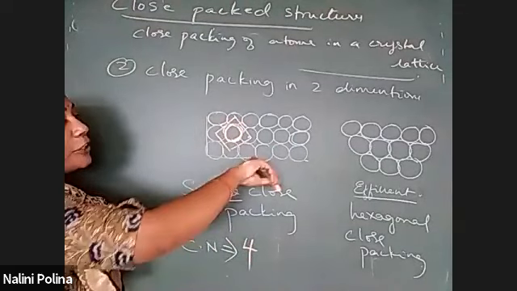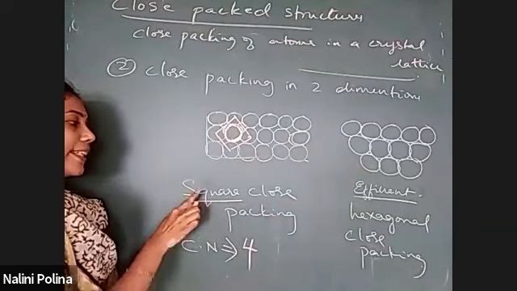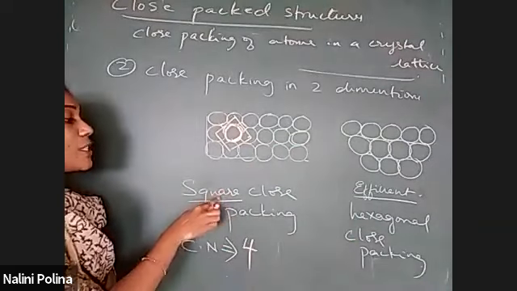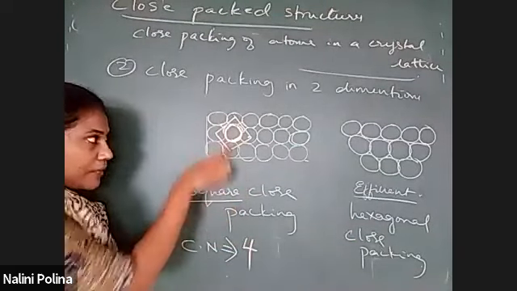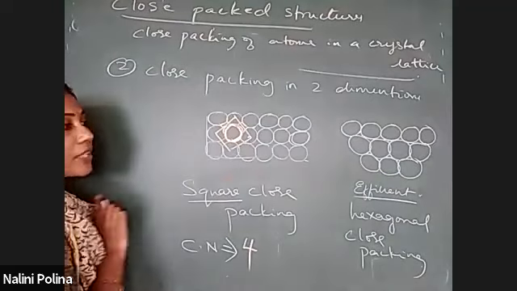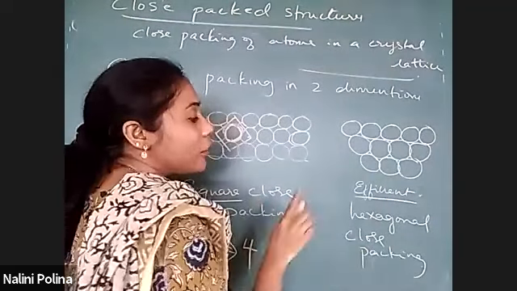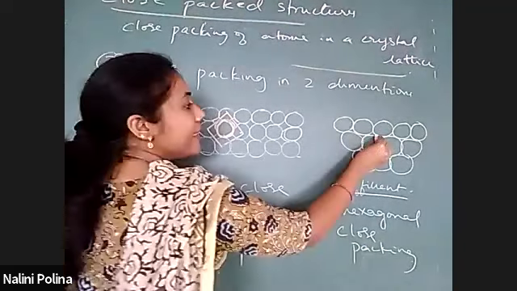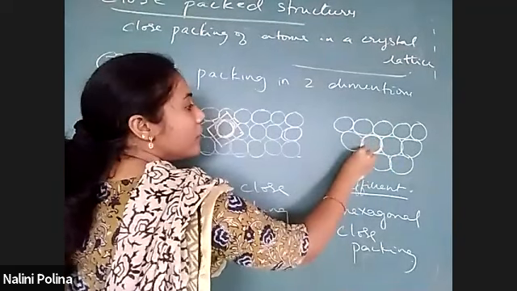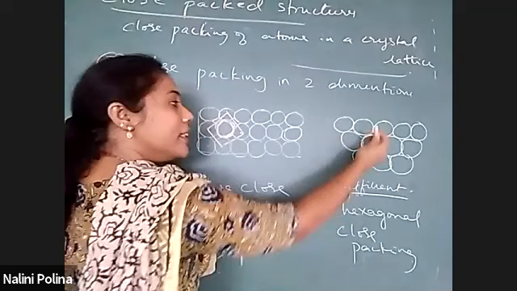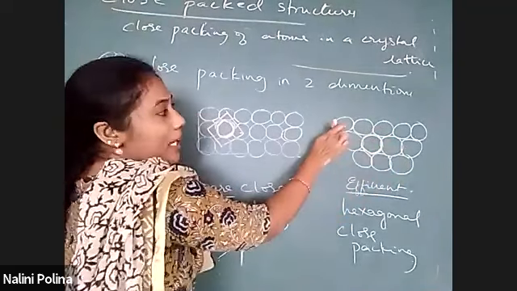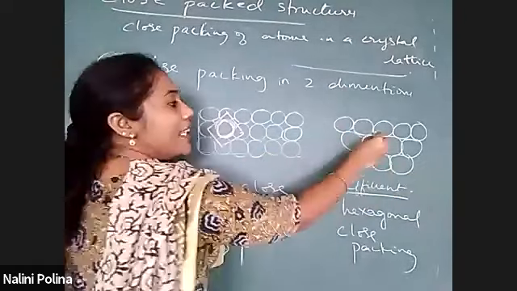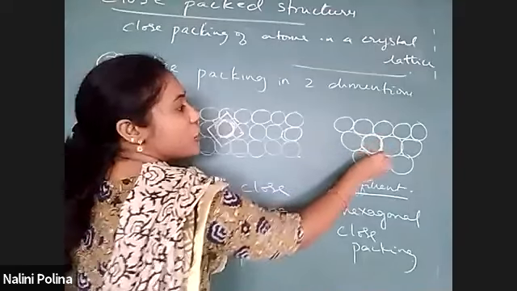There are two possible two-dimensional arrangements. One is square close packing. The other one is hexagonal close packing. In square close packing of two dimension, the coordination number is 4. In hexagonal close packing, can you all think of the coordination number here? Let me take this atom in the middle. Whenever you want to state the coordination number, you should take the middle atom. You cannot take this atom, because there will be more atoms around it, we don't know, I just didn't draw them. So take the middle one. How many atoms are there in touch with this atom?